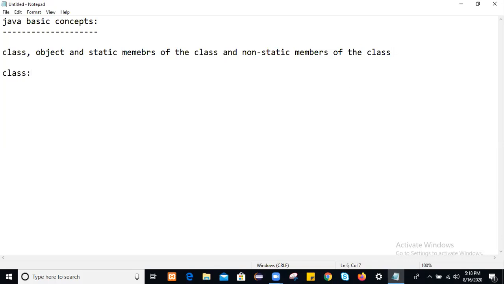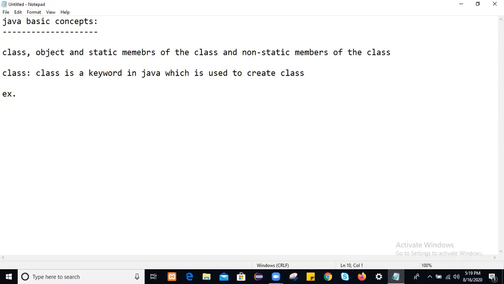In Java, whenever we want to create a class, we use the class keyword. Class is a keyword in Java which is used to create a class.